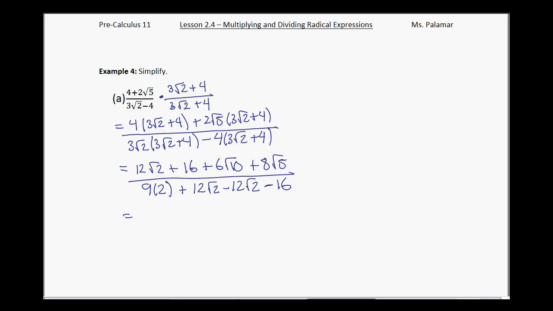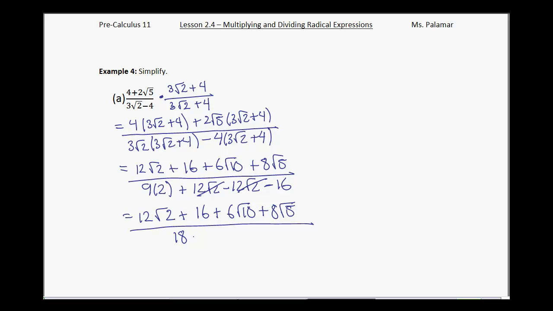The numerator simplifies to 12 root 2 plus 16 plus 6 root 10 plus 8 root 5, which all remains the same, nothing to simplify there. But in our denominator, we can cancel out our 12 root 2's, and we're left with 18 minus 16,